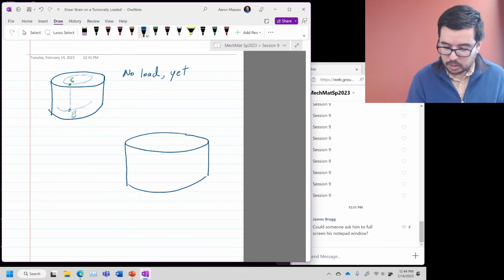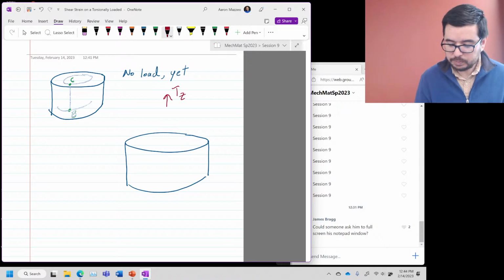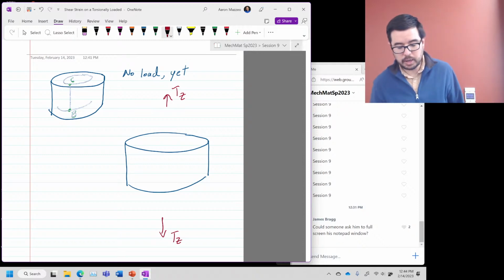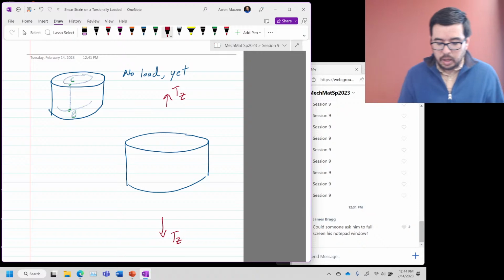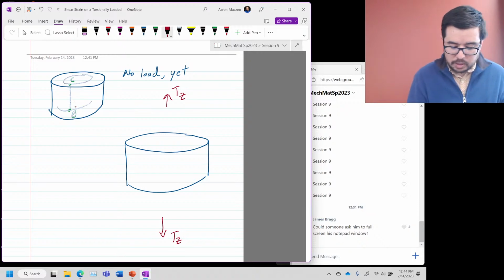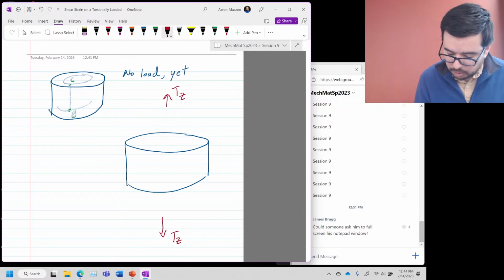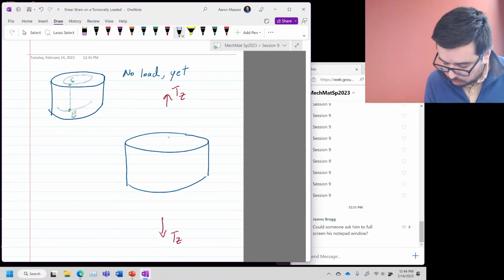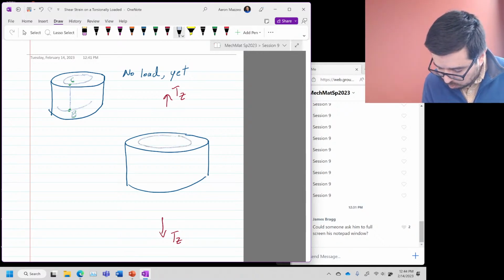That we've got a torque coming out in the z direction and a torque coming out in the other direction, out the bottom, okay? And C was on the top and B was on the bottom, all right? So now, if we look at what's not happening on the crust, okay,